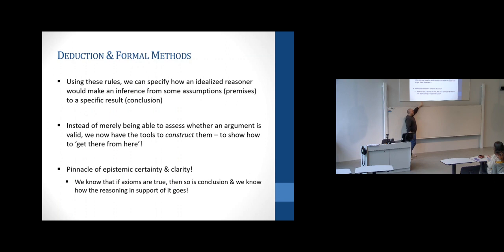We have epistemic certainty, and we also have epistemic clarity. We know not only that if the axioms are true, then the conclusion is, but we know how or why. We can walk you from the starting assumptions to the conclusion. And that's much more powerful than something like a truth table. Because a truth table shows us, or can show us, that an argument's valid. But this shows you why it's